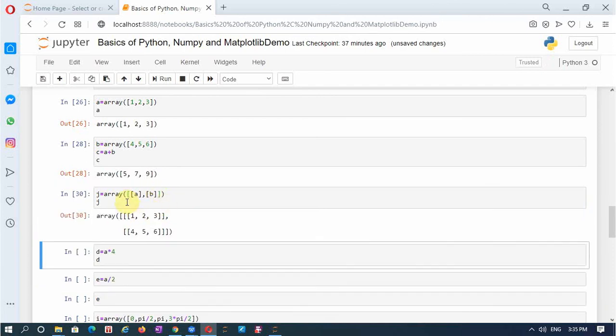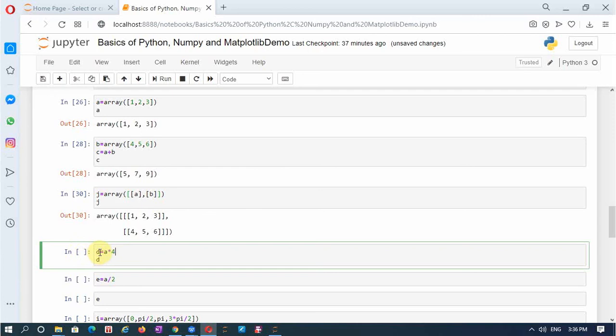So I'm enclosing these two arrays within one more set of square brackets and the whole thing under the parenthesis. This will take them as two rows. We shall see more about this in future.